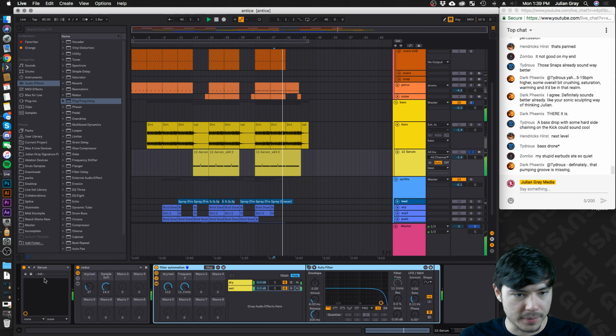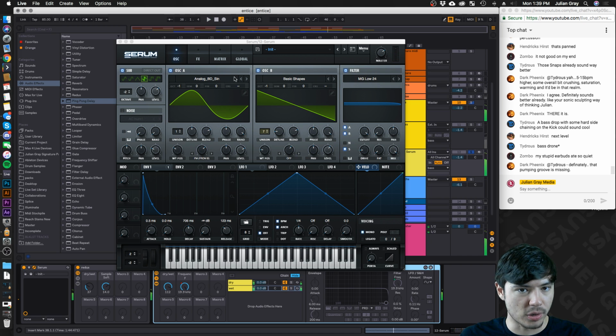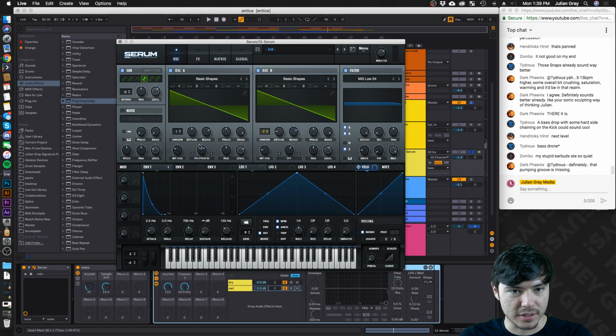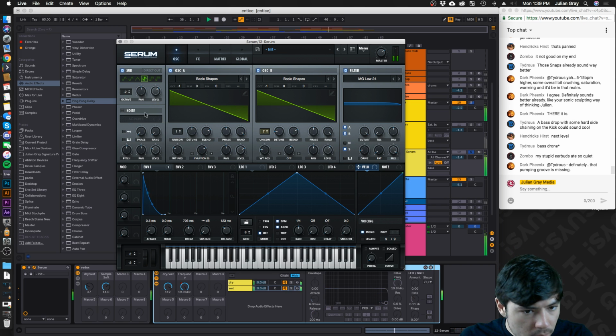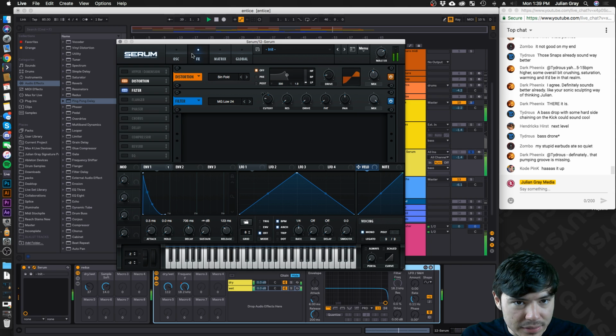Let's go ahead and just open Serum here again and play with the sound a little bit more. I'm going to go for a saw wave here. Sounds like we have like a low pass or something on it. Yeah, this here, it's doing that. I'm going to do this.